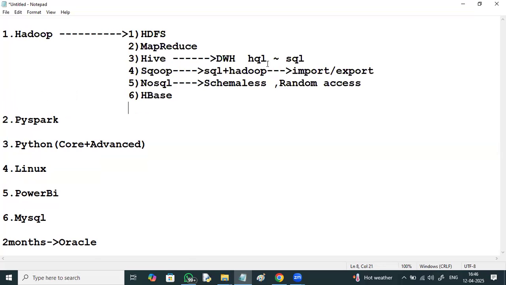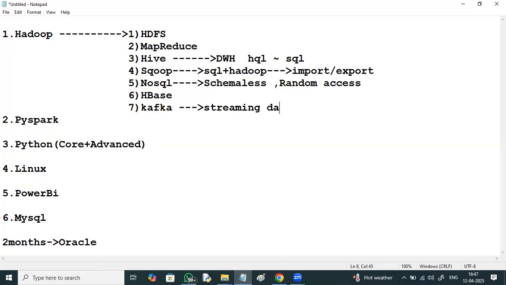Apart from this, I'm going to discuss one more important component, which is mostly used in industry: Kafka, for streaming. So one of the important components for this big data environment is Kafka, for streaming data.